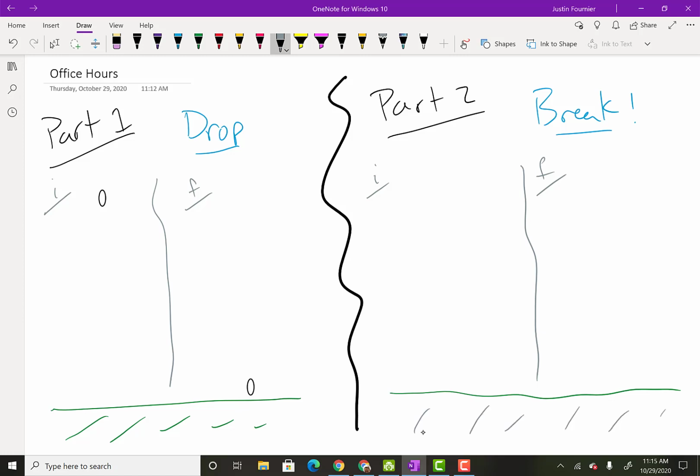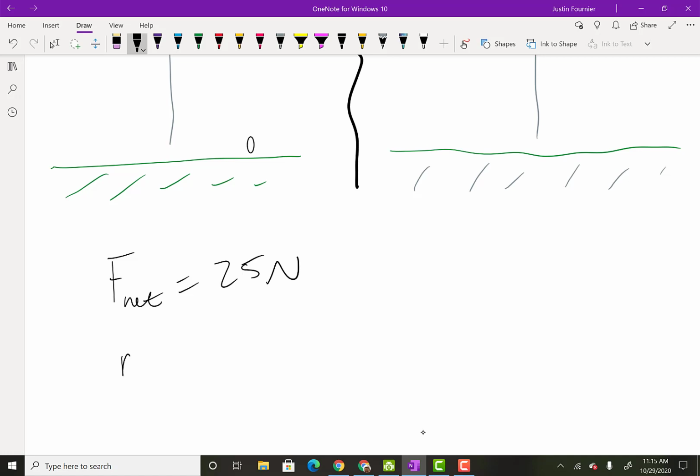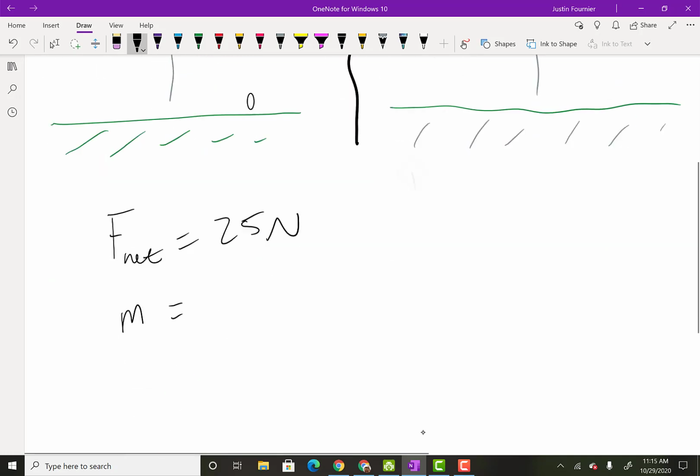All right, so this is to help you guys out with the egg drop thing, and basically it says that we're going to assume that the average force to break an egg is 25 newtons, and then we also got the mass of an egg. What did we say the mass of the egg was? I forget exactly. But anyway, while I get the mass of the egg, so we know that, and basically we can use,